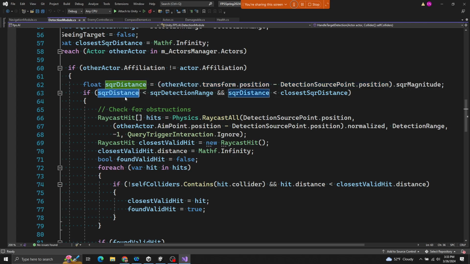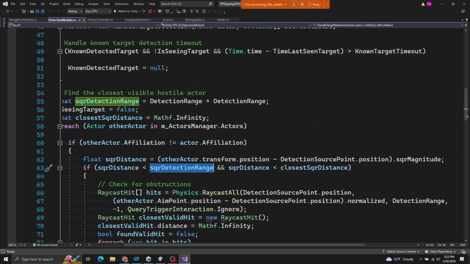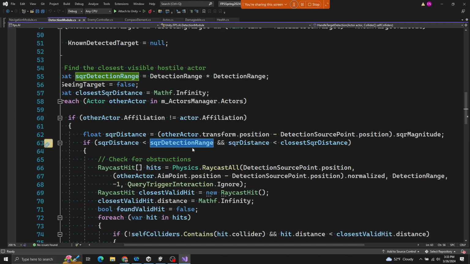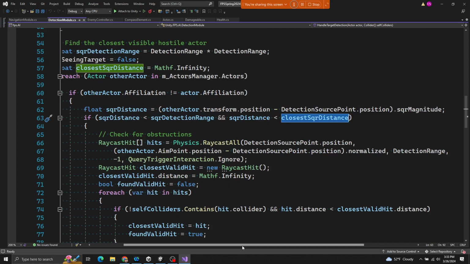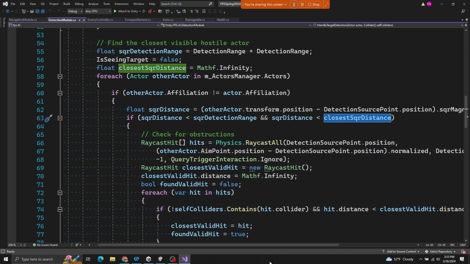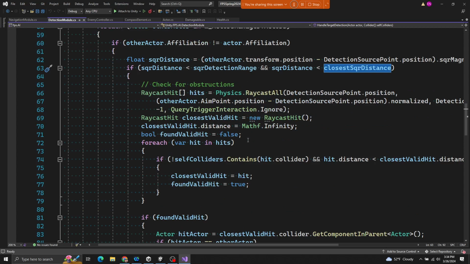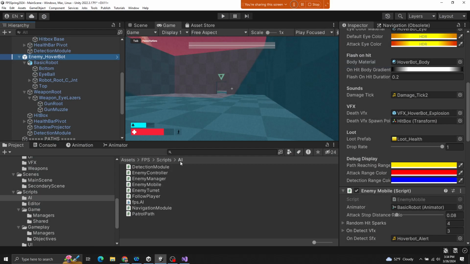And then if this square distance is less than our detection range, which happens to be 400, and this number is less than closest. So if this is the first element in the list, closest will be infinity, so this will be true. We'll say, yes, this is the first element that we found, and it is closest to us, because anything is closer than infinity. And then we check for obstructions. So even if the player happens to be close enough,